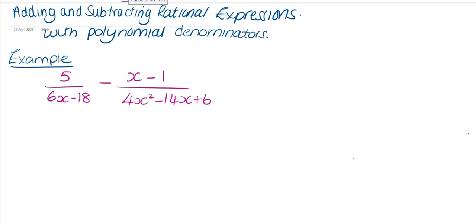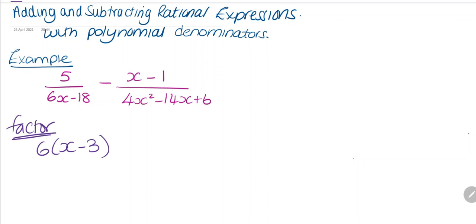Okay, so we're going to add and subtract rational expressions with polynomials in the denominators. So we have an example here. The first thing we need to do is factor the denominator. So we're going to factor. The first one we can factor by 6. So we're going to take 6 outside the bracket and we'll have